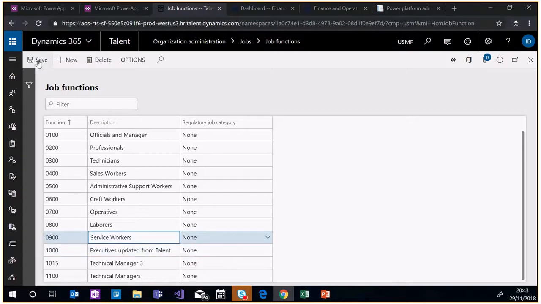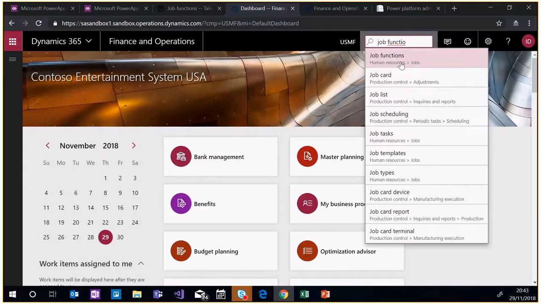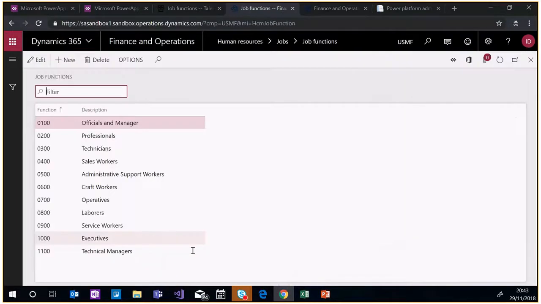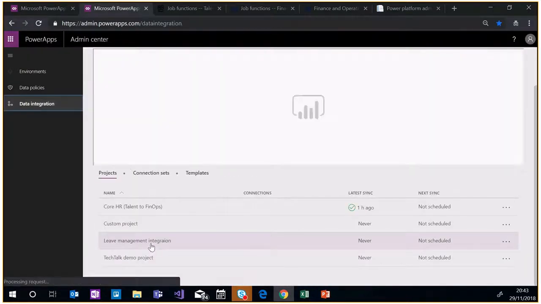We'll just save that, and we will go to finance and operation and go to the same place. So if you go here to job functions, you can see in this list, we're missing the technical managers 3 record, and we're missing the update on the executives. So let me just go ahead first and run my project, and I will take you through what